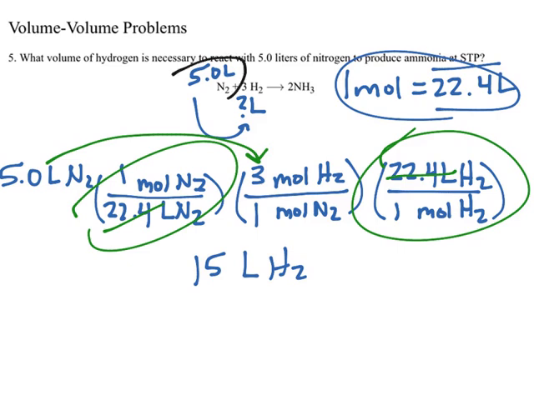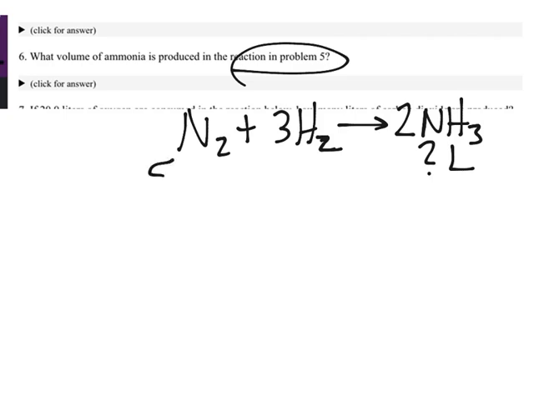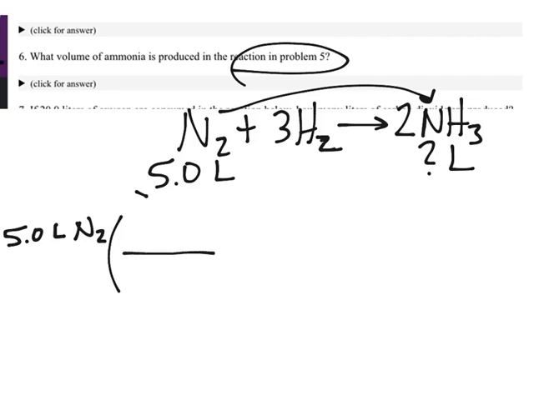And you have two options. You can either just use the 5.0 liters of nitrogen that you started with, or you can use the 15 liters of hydrogen you ended with. Either way, it doesn't matter. You'll get the same answer. So I'm just going to go with the 5.0 liters of nitrogen again. This one's going to be similar. We're at liters, so we'll go to moles, then go to moles of the other substance and take that to liters. So 5.0 liters of N2,